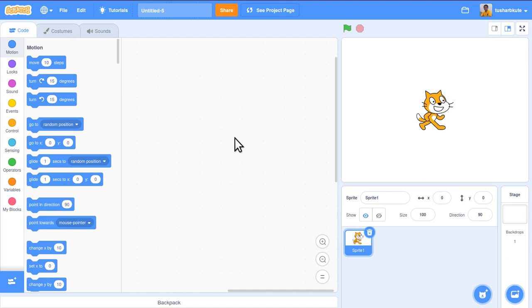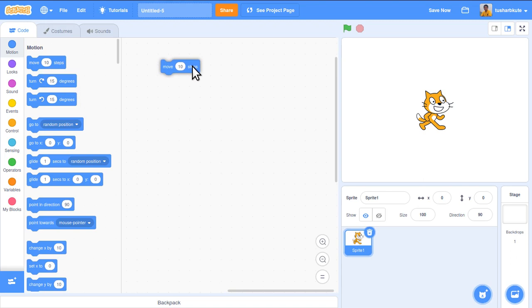By default your motion option is clicked, and here we can see multiple steps present. These steps are used to animate or perform operations on the sprite. We have to convert these steps into a program by just dragging from here and dropping in the program area.